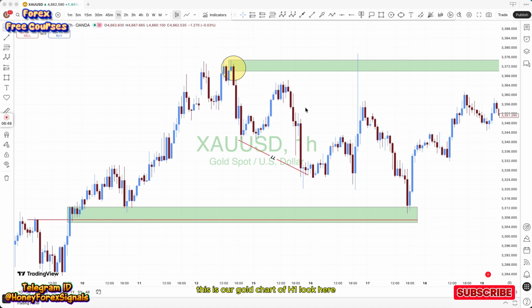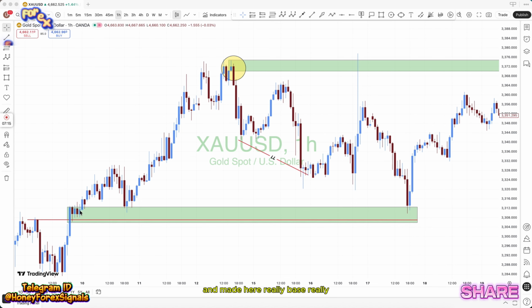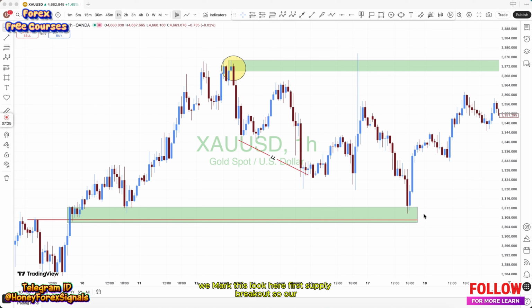Look here. The market broke out of the first supply. We can see resistance and also supply area, because if we convert to line chart, this is our resistance area. But if we look in candlestick, this is our resistance base resistance drop supply area. The market broke out of the supply area and made here resistance base resistance. So this is our SNR area and demand zone with resistance base resistance. We mark this, look here, first supply breakout, so our